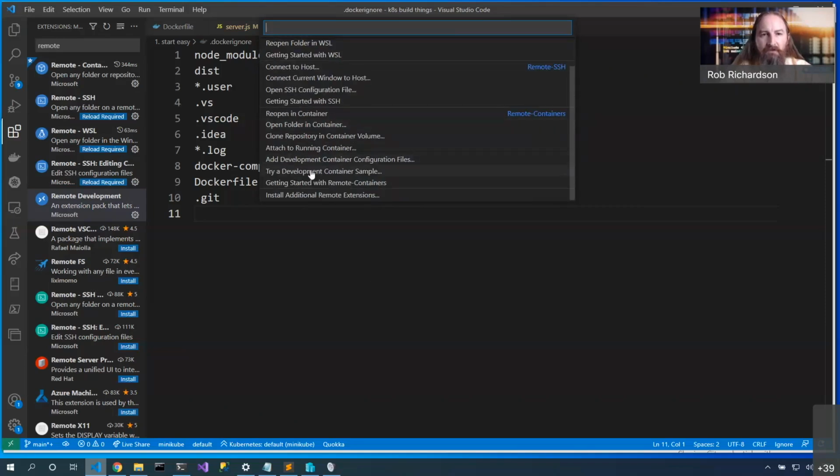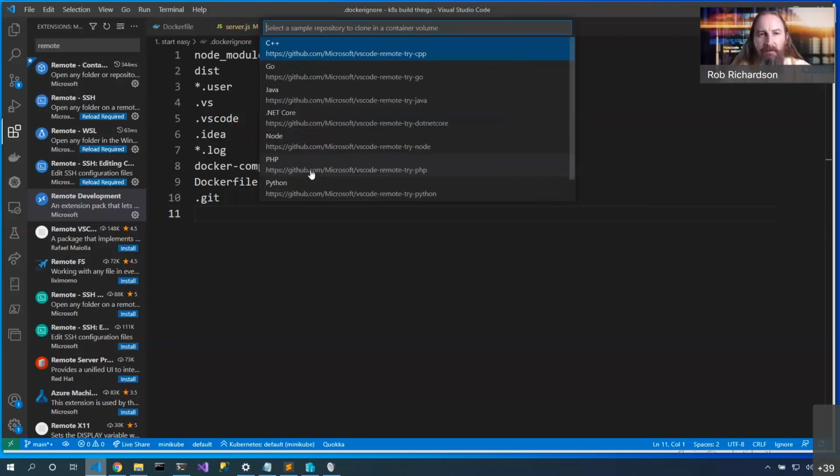Let's start by trying a development container sample. Now, we're able to pick various technologies, and once we pick that, it will automatically spin up a container with that content ready to go. I didn't need to install this content. If I wanted to play with Python or with Rust, and I didn't want to install those compilers, or maybe I want to go try some Java stuff. Will my content work if I upgrade to Java 11 or Java 13? I don't know. Let's run that in a container where we don't have any conflicts.